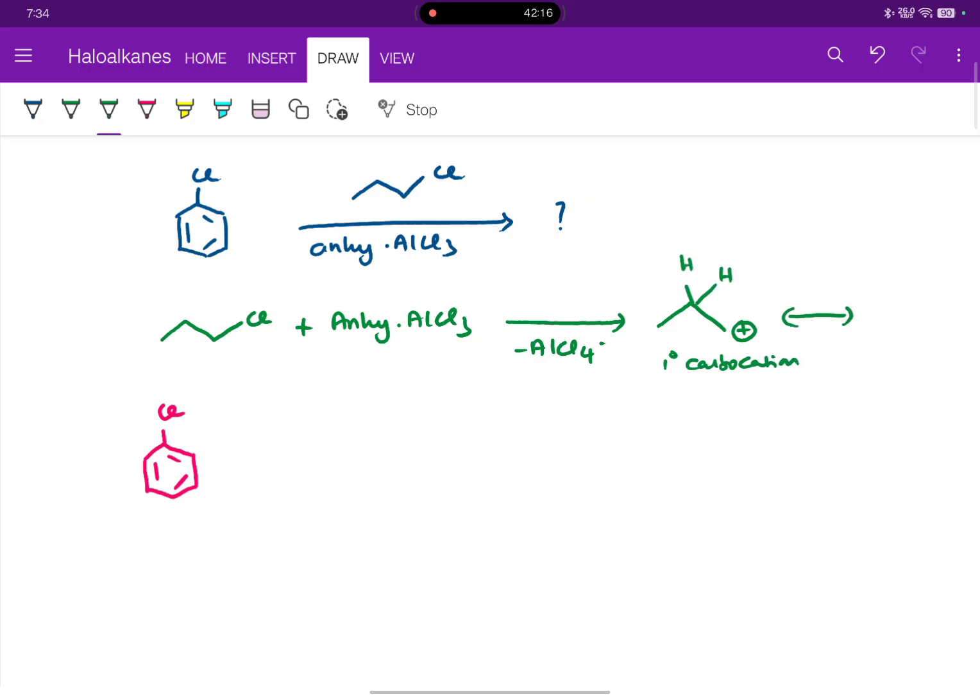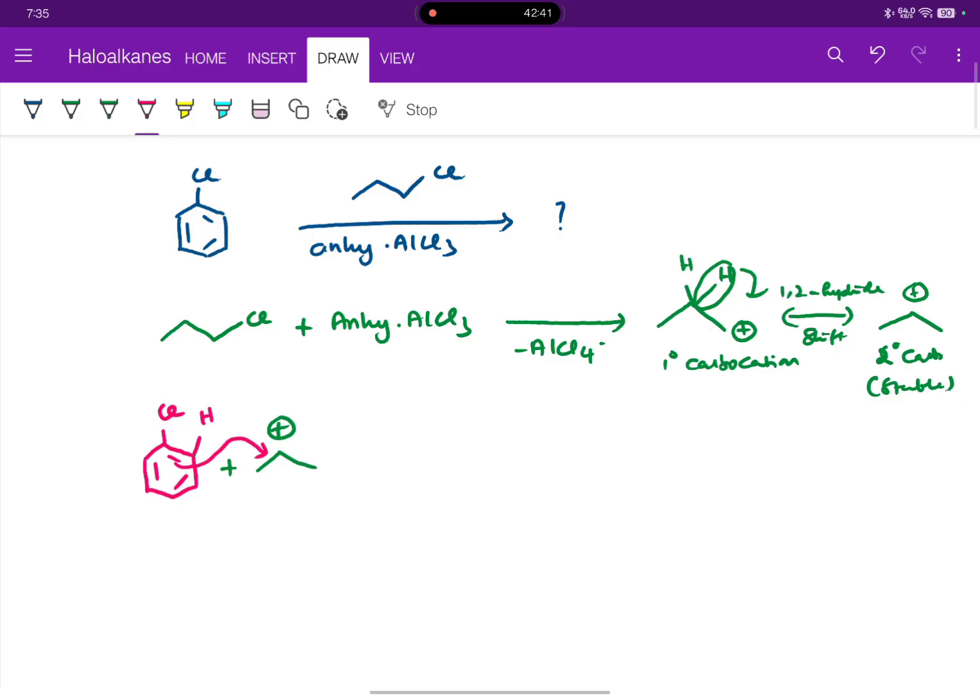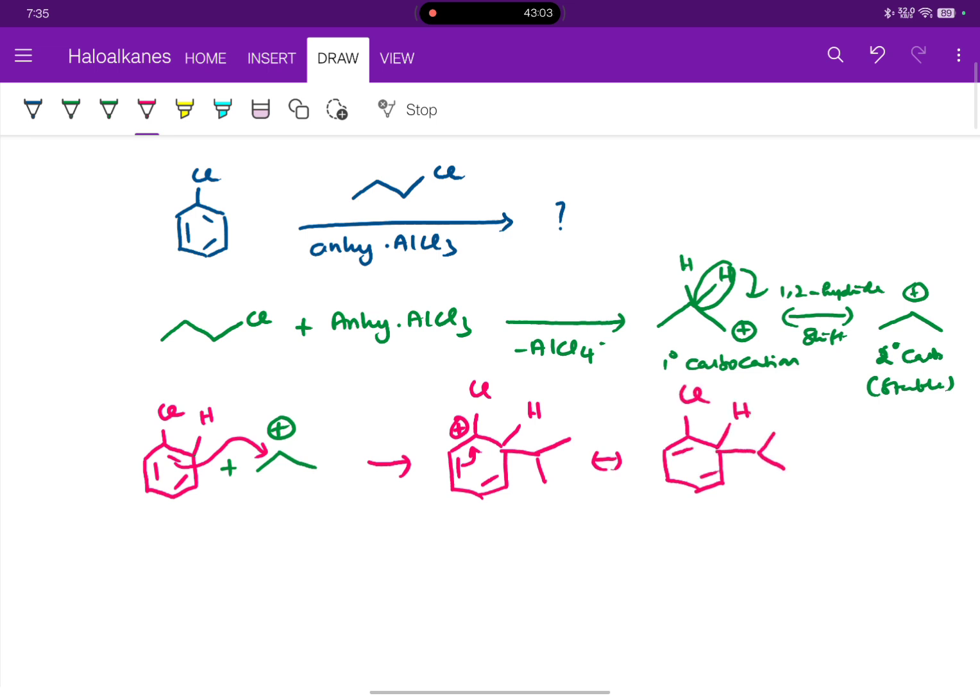Now what will happen? A 1,2 hydride shift will take place. So you'll get a secondary carbocation which is much more stable than the primary. So it's CH3, CH2, CH3. So now what will happen? It goes on. So the final step would be